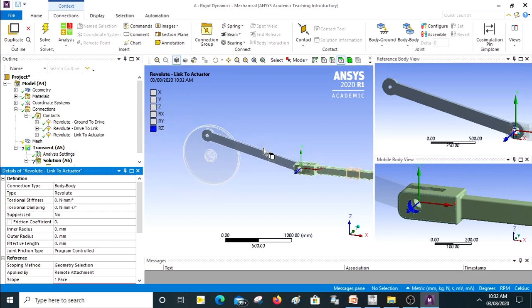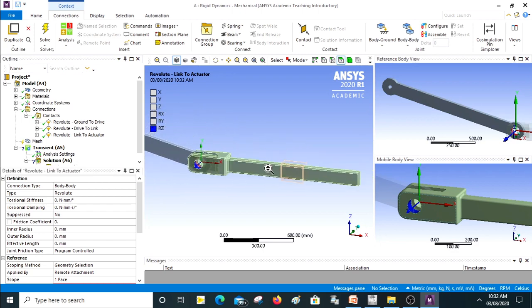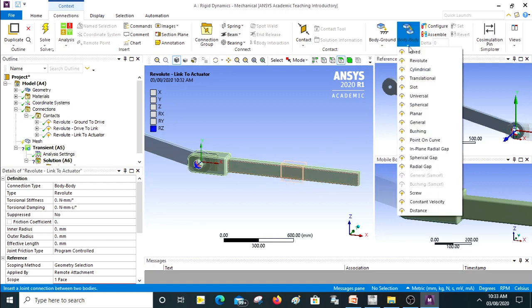Okay, now what you see here, you see a guide over here. The guide is going to be fixed, this thing is going to translate. Now why I'm saying that is, there is a reason for that. So here we'll go for another body to body. Now it's going to just go in the forward and backward, so we have to allocate a translation joint. So go to body, go for translation.